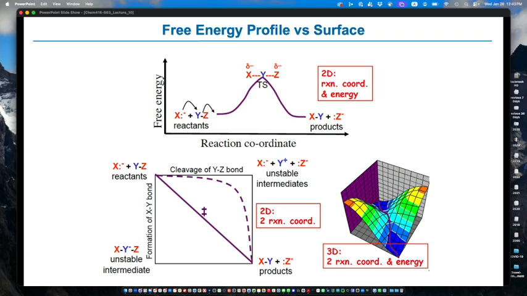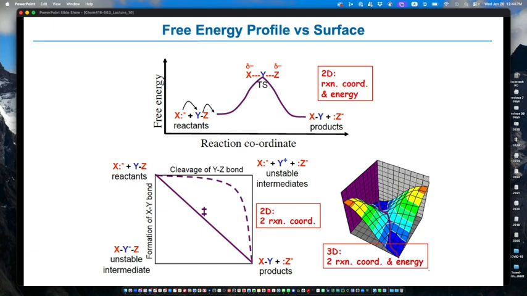And if I'm breaking the YZ bond, it will increase as the reaction progresses. So I'm going to define this where my starting material YZ is some small number, I'm going to call it 1, and I'm going to increase it as the reaction progresses. Likewise, at the starting material, the XY bond distance initially starts very large because they're not bonded to each other. So that would be over here. In that diagram, let's say this is 10 angstroms and it's going down to 1 angstrom. This bottom corner